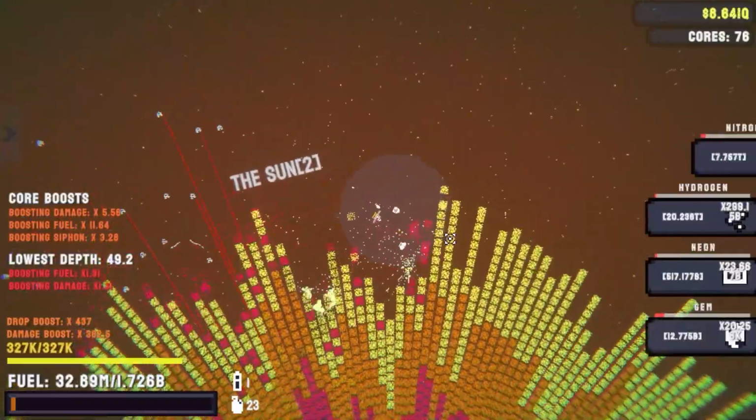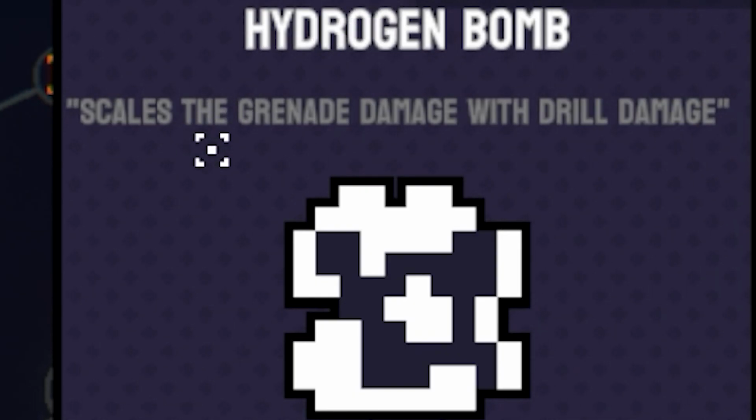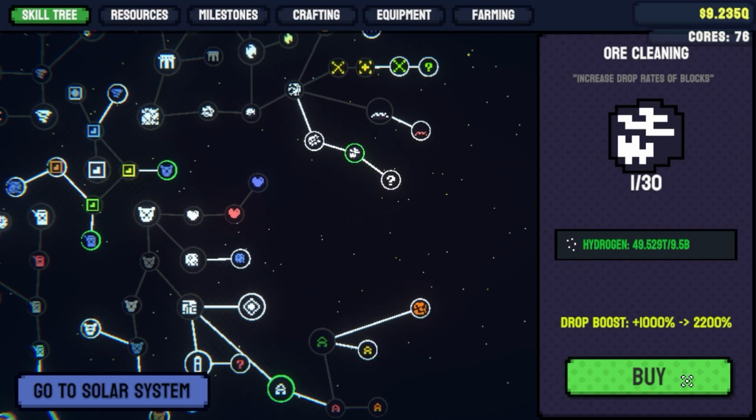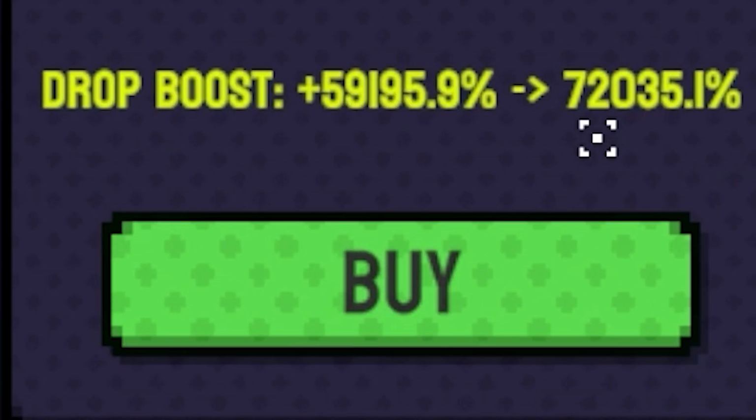And we get all sorts of new resources from this. Hydrogen gets us a hydrogen bomb. We can make nukes. Scales of grenade damage or drill damage. Yes, give me all of that. 10 out of 10. And we get to increase the drop rate of blocks by 1,000% times, wow, 72,000% boost